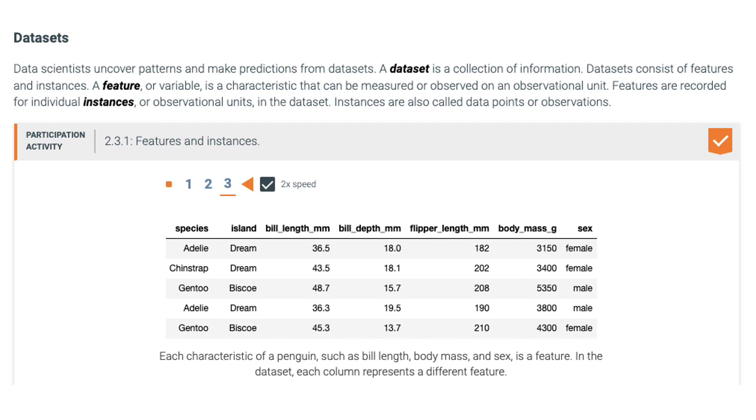So the input to our machine learning models will be data that consists of a set of what we call instances or data examples or data samples. So if, for instance, we are building an image recognition model, then each image is called an instance, okay? And each instance is characterized or defined with a set of features, also sometimes called attributes.